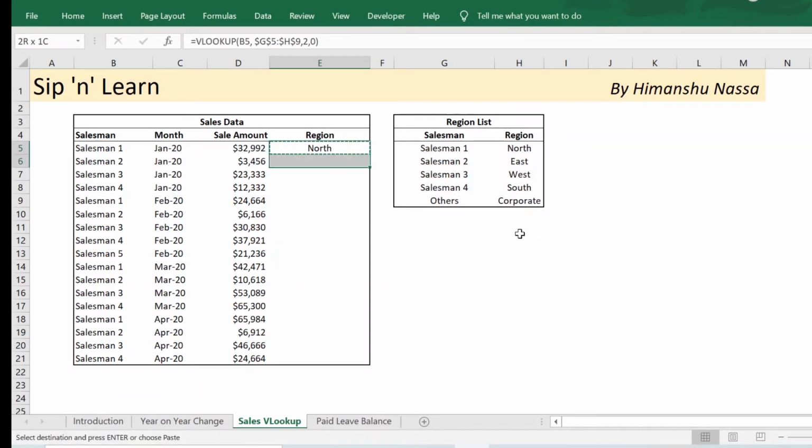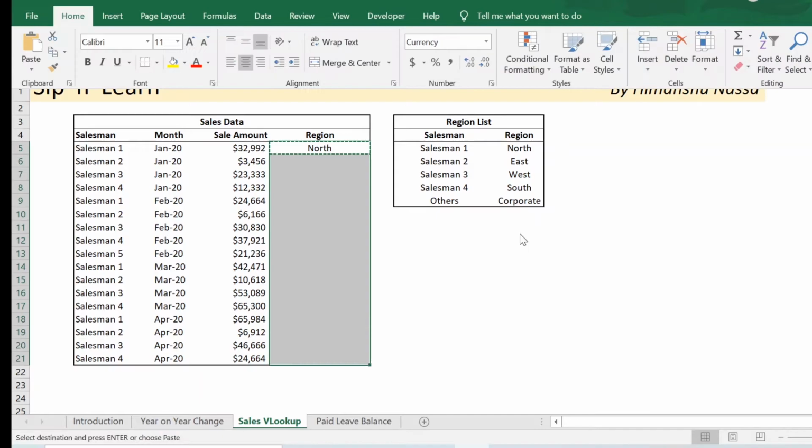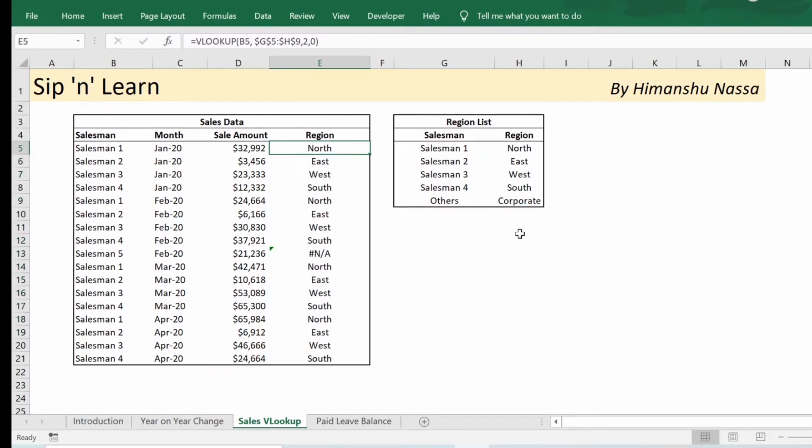I can drag this formula down. You will notice there is a salesman in February 2020, which is salesman 5, who is not listed in this table. However, this table notes that in case of any other salesman, it should be the corporate region.